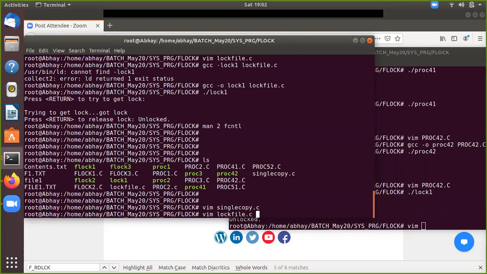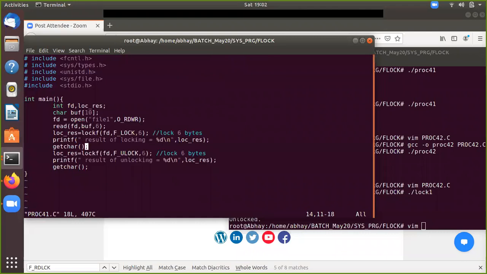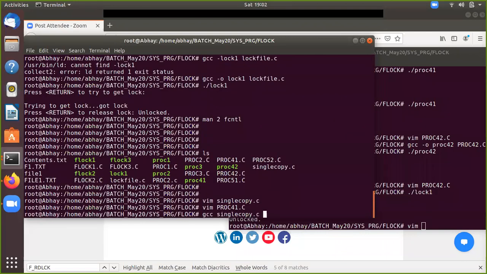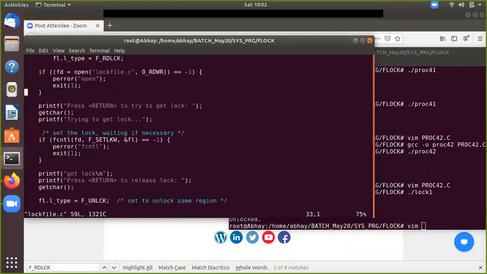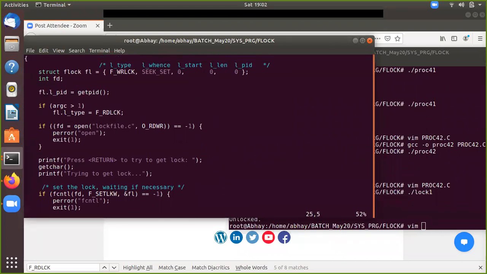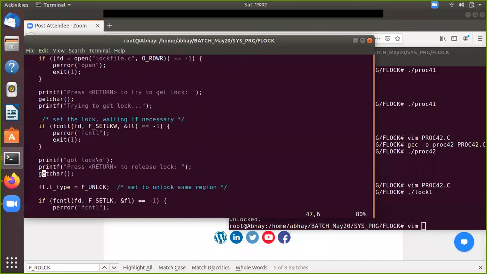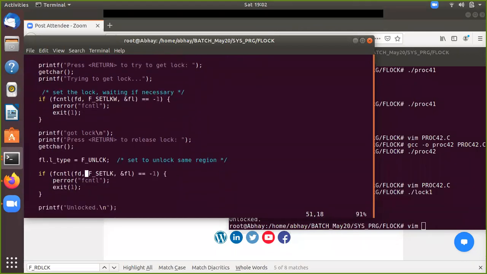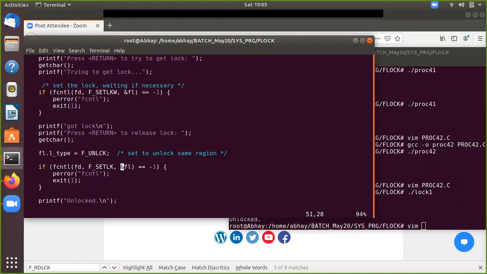But if you see in your program, we are not using that PID, right? How will it get to know that we are using this PID? You're passing it as an argument there, right? See, if you see this fcntl call, this is the flock structure, right? So fcntl, see, you try that out. I have tried many times.